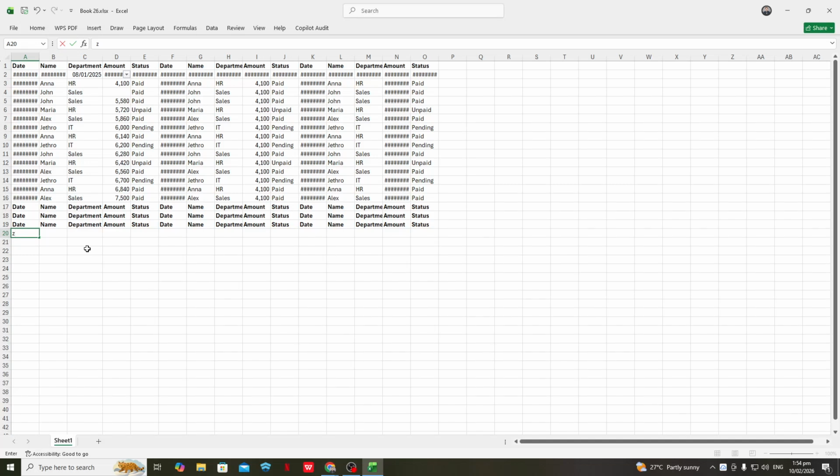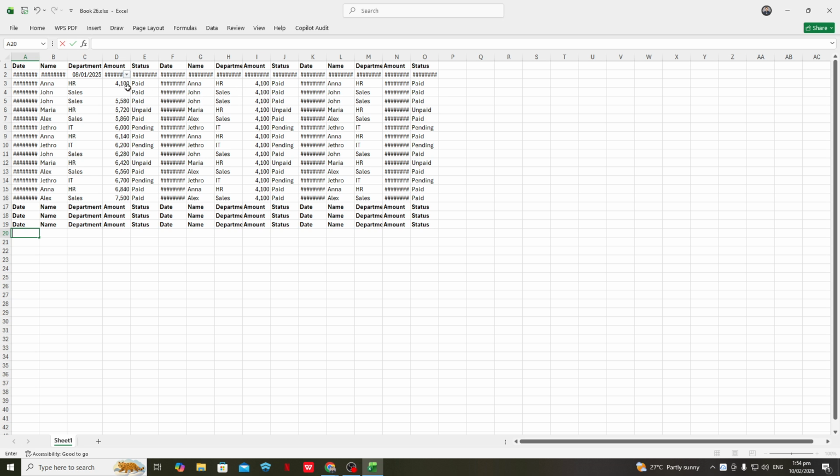In today's video, I'm going to teach you how to color the whole row, not just a single cell, using conditional formatting in Excel. This is really useful when you want important rows to stand out at a glance. For example, overdue tasks, high priority items, or anything that meets a specific condition. Instead of only highlighting one cell, we'll make Excel shade the entire row automatically based on the value in a